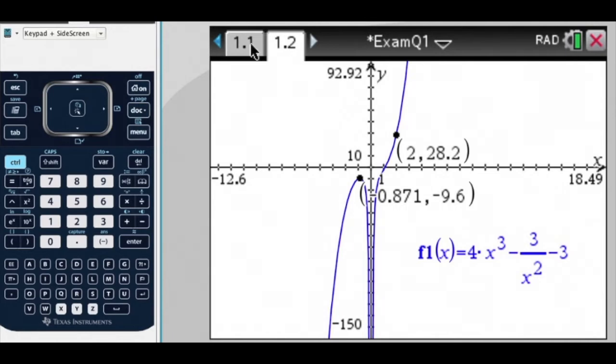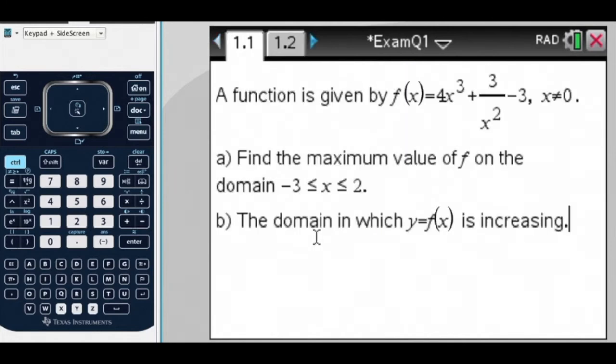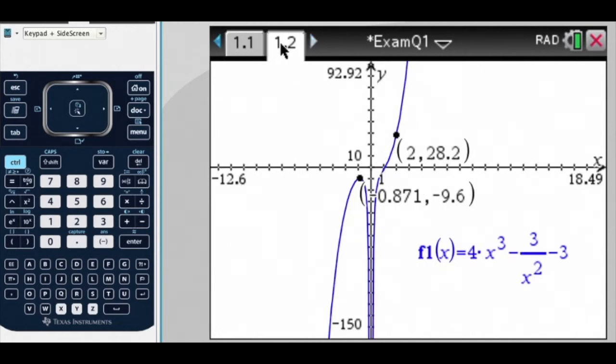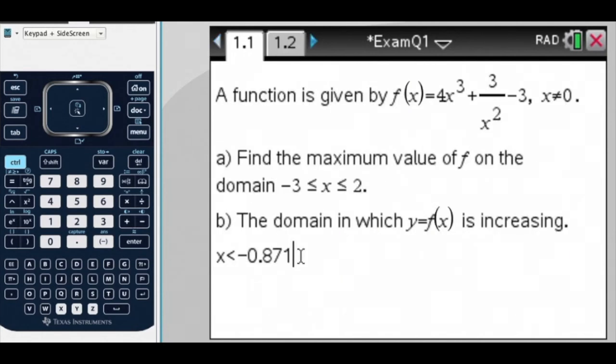So the answer to our question would be x is less than -0.871, and when x is bigger than 0. That's the domain in which y